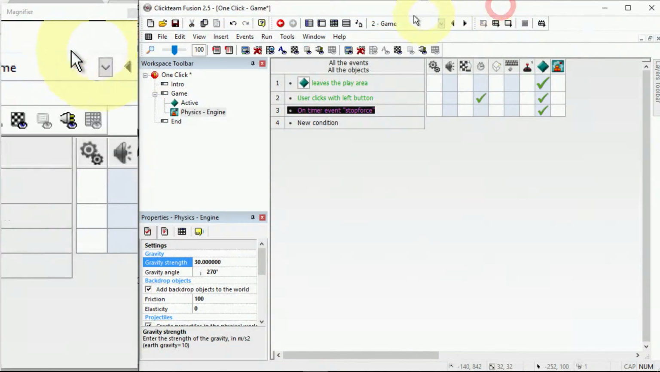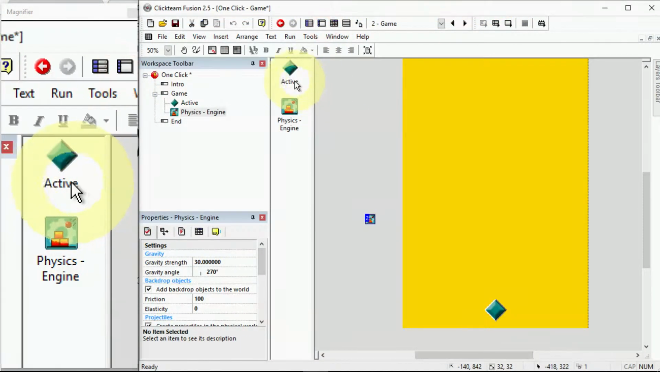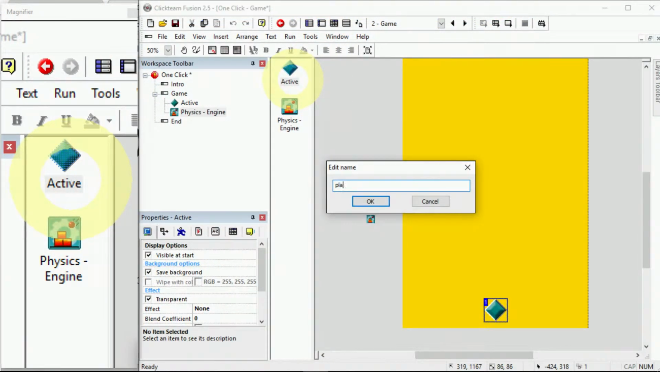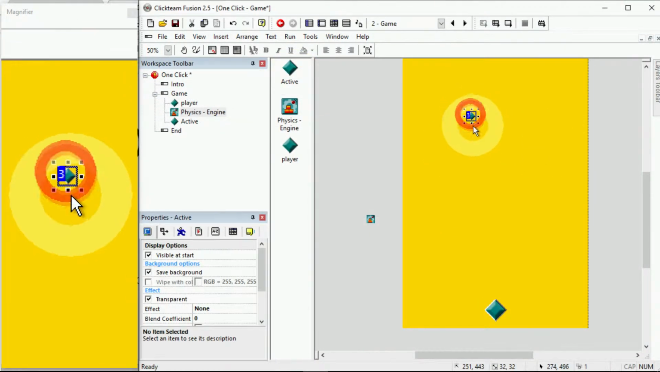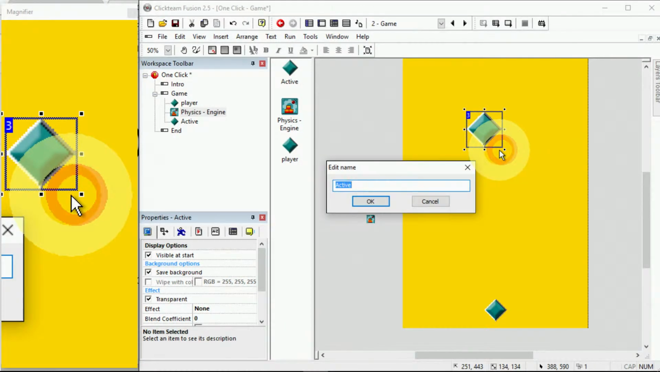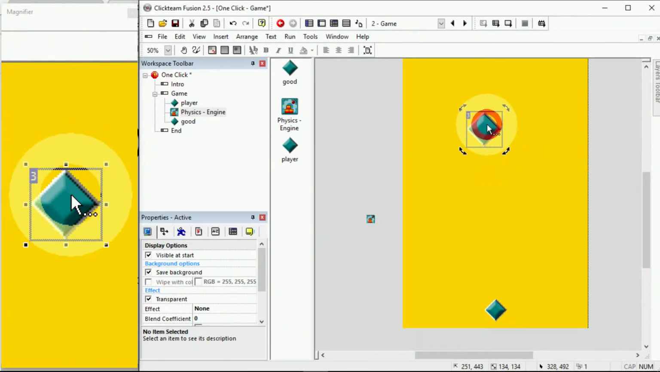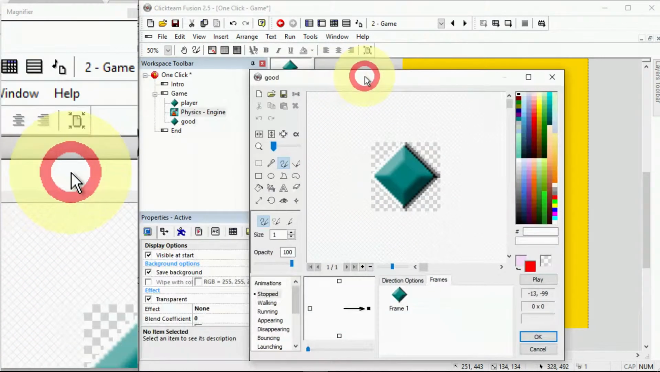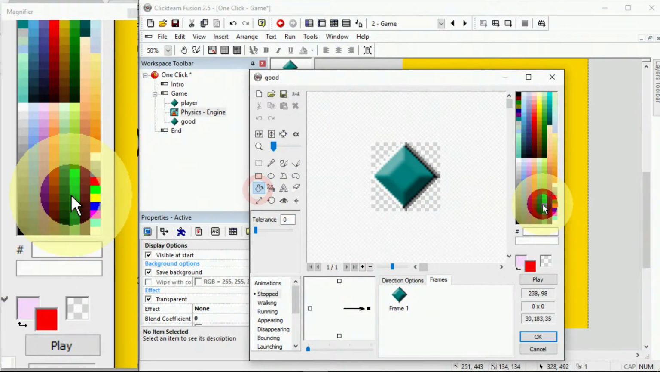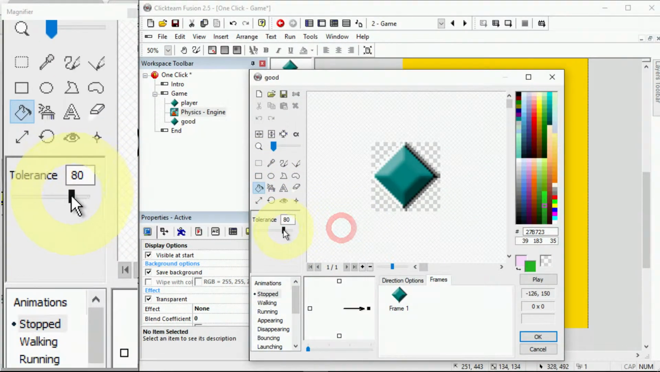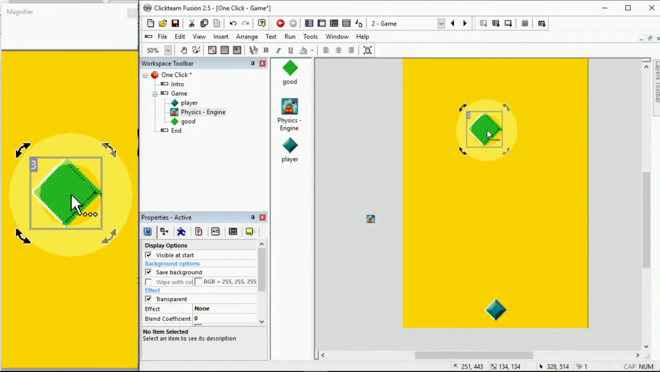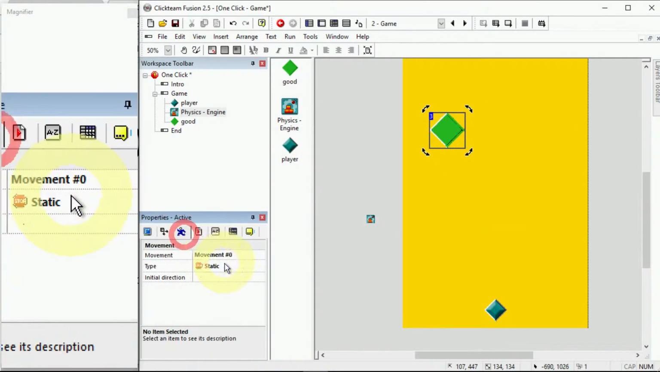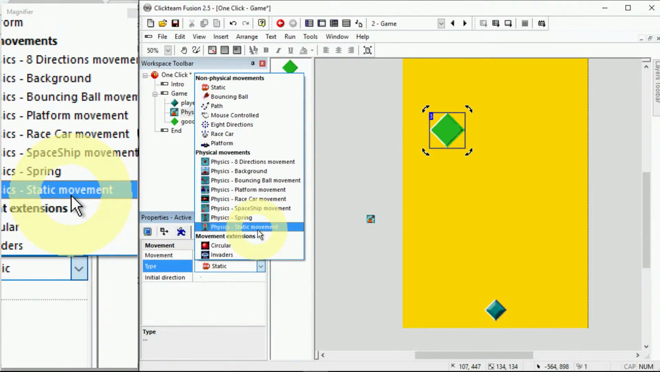Right, now I need to add my other objects into the game. Oh, I'll name this. I'm going to press F2. This can be player. And let's create another active object. And this can be good. I'm just going to colour it in. Double click to get the image editor on, and change the tolerance up. There we go. That can be our good thing, and we might as well set the movement to physics bouncing